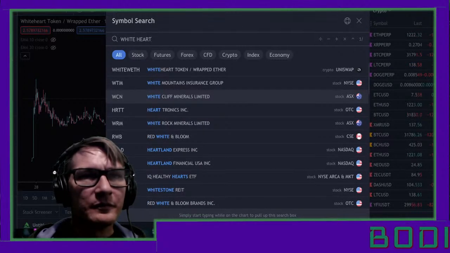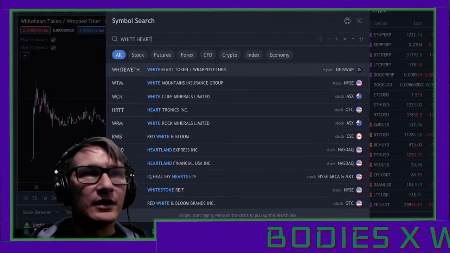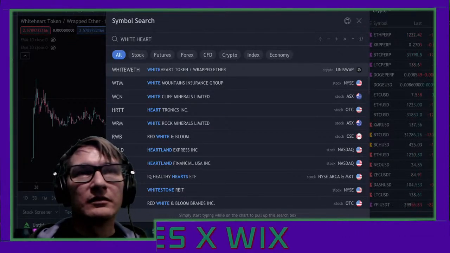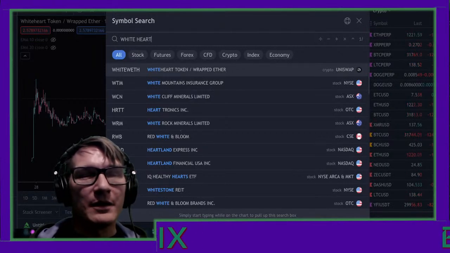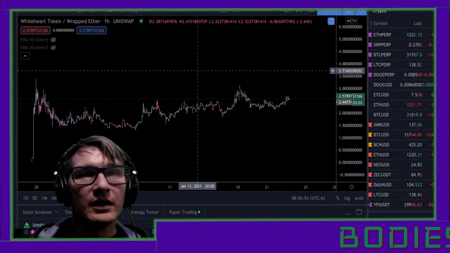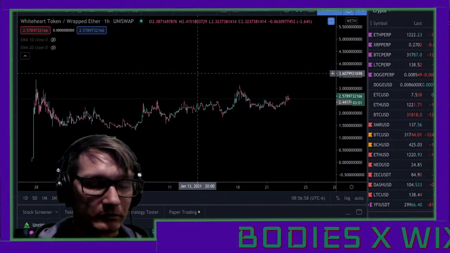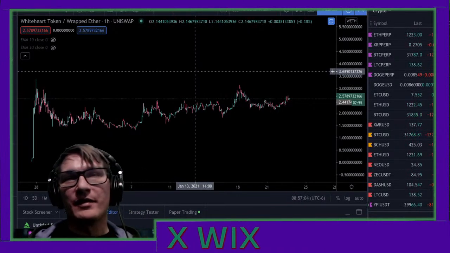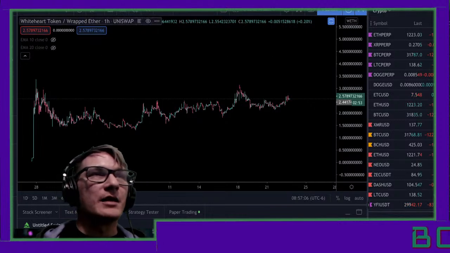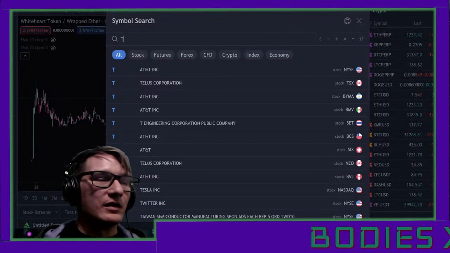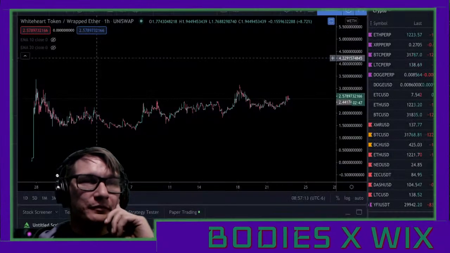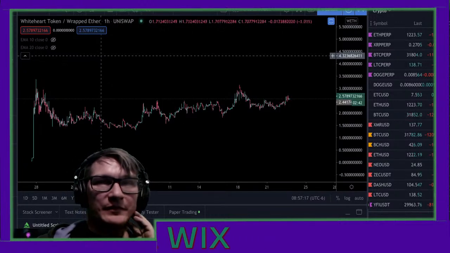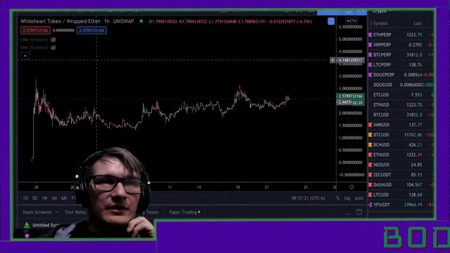No. That's literally the only way to find White Heart. Swap with wrapped ether. I may have to learn Uniswap so I can swap out my ether for White Heart, because I believe that is a coin that is going to do very well. It's the hedging coin. So it's going to be used for, kind of like for